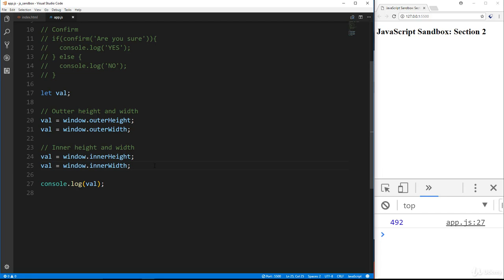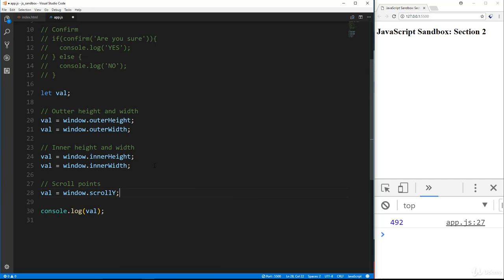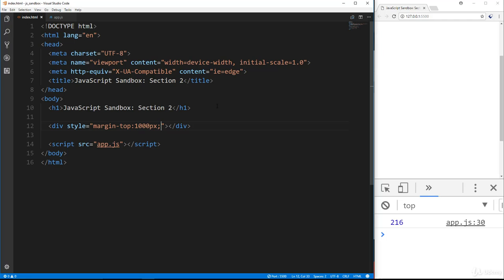Now we can also get scroll points. So if you want to figure out where you are in terms of scrolling, we could say val equals window.scrollY, which would be on the vertical axis. So if I save, we're going to get 0 because we don't even have scroll bars. So obviously we're at the very top. Now what I want to do just temporarily is create a div here, and we'll say style equals margin top